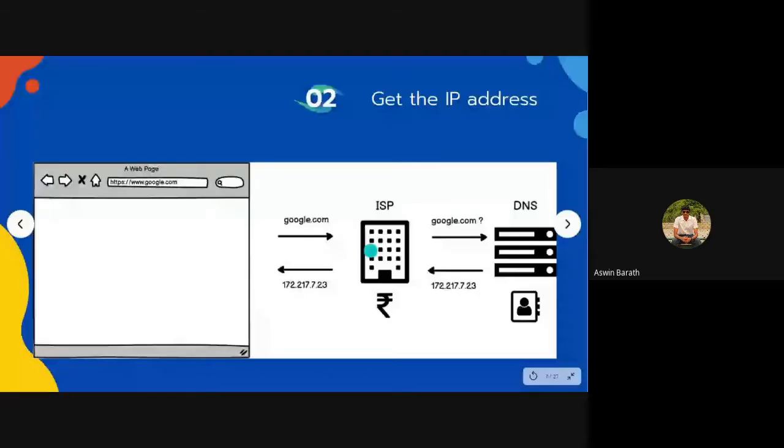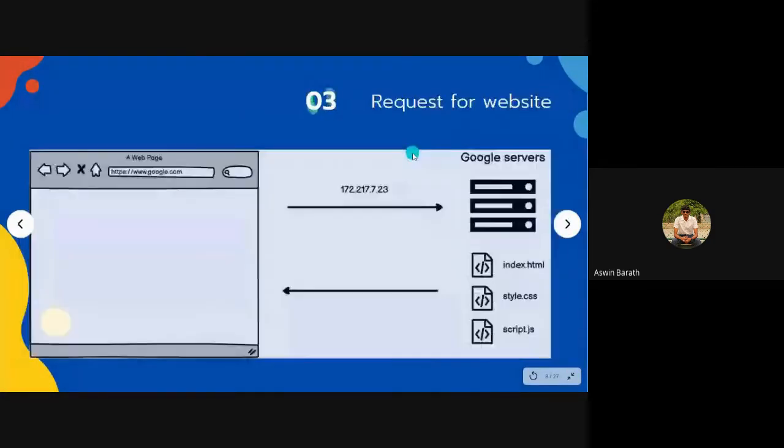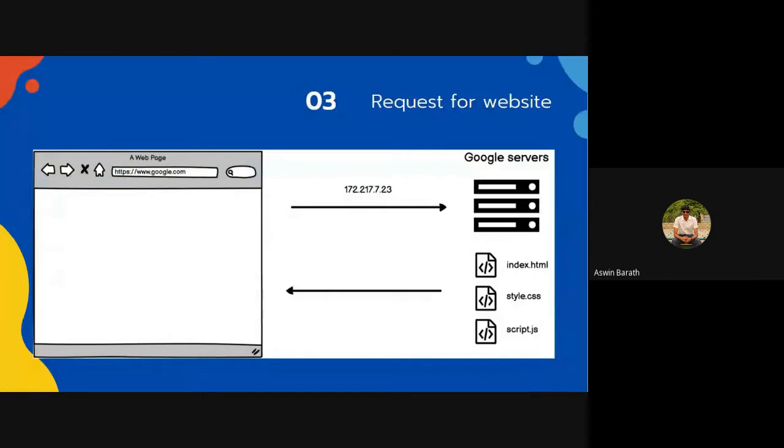Whenever we request any website, the request will be forwarded to the ISP, and we will get this IP address back to us. So this IP address is used to request the corresponding servers. This IP address is nothing but the location of the servers on the internet. You can imagine the internet as another virtual world. In this virtual world, every computer has an IP address. By computer I mean even servers. The server is also another computer, right?